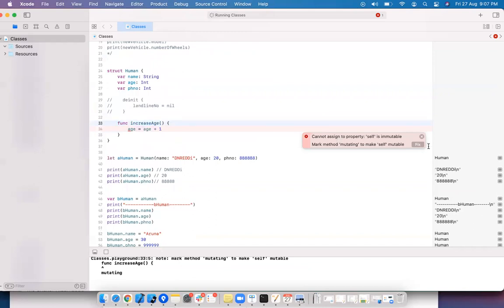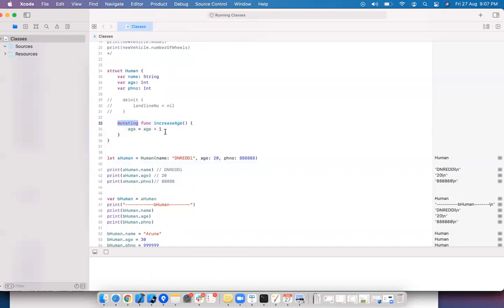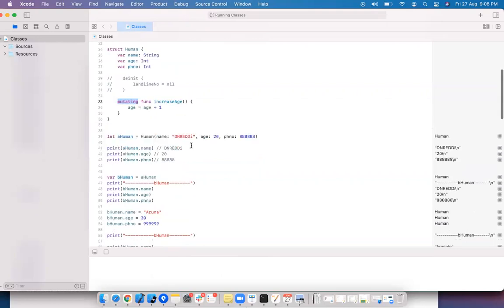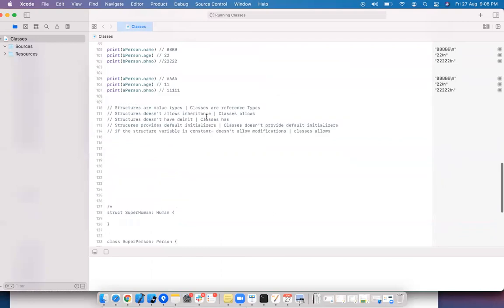When you click on the fix, it is adding mutating, because you are trying to modify the properties of a structure. It is not allowed by default. Use the mutating keyword.